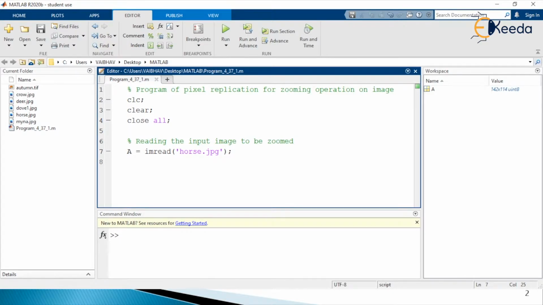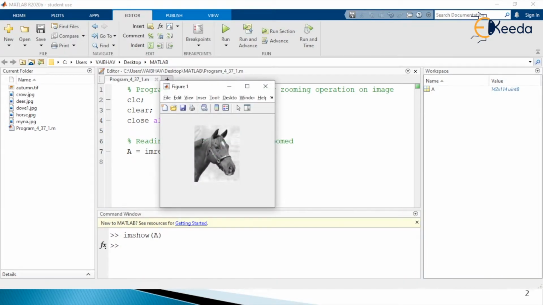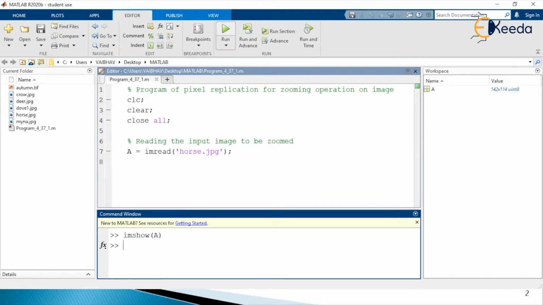In the command prompt, if I just write imshow capital A and hit enter, you see a MATLAB figure popping out, labeled as figure 1, and you see the horse image. So horse.jpg is the image that we have read in the MATLAB environment and we are going to process it here. So I just run it again.